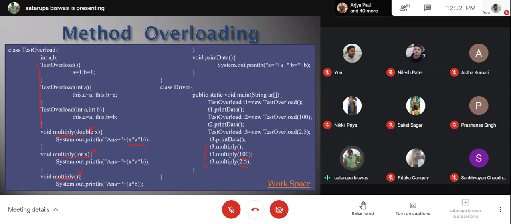This is basically constructor overloading. You can see we have 3 different constructors. One takes no parameter, that is, the non-parameterized constructor. The latter two are parameterized constructors, but taking different parameters. One takes just a single integer, the other takes 2 integers, and accordingly the values are passed